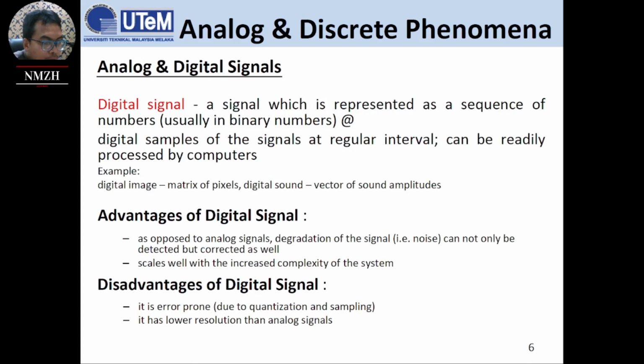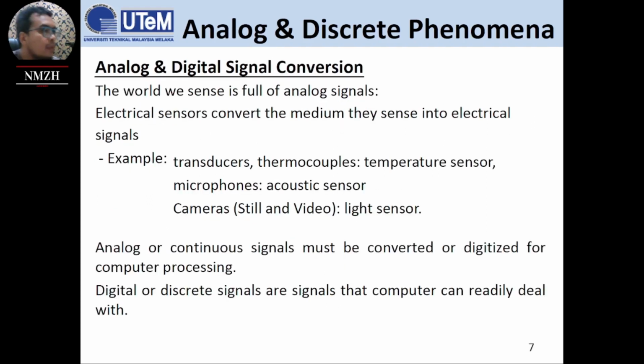It has lower resolution than the analog signal, obviously, because as we talked about just now, we sample it down by the time frame in seconds, right? So obviously there will be lower resolution than continuous, because the continuous signal takes everything, all of the data. Okay, right.